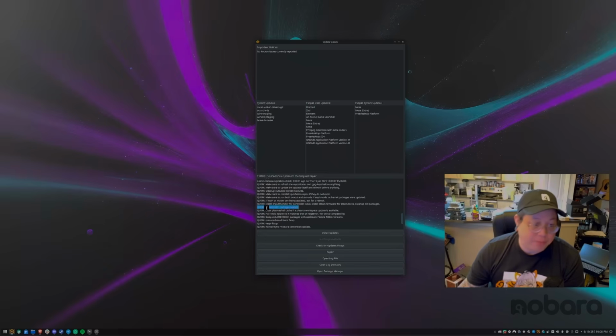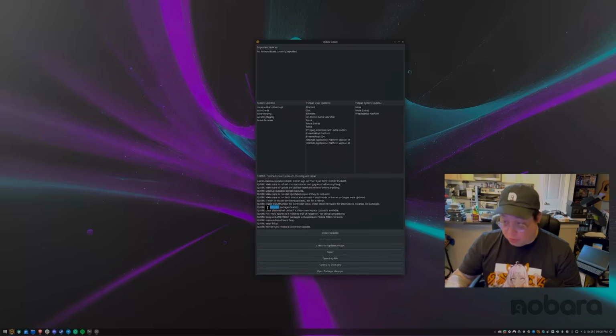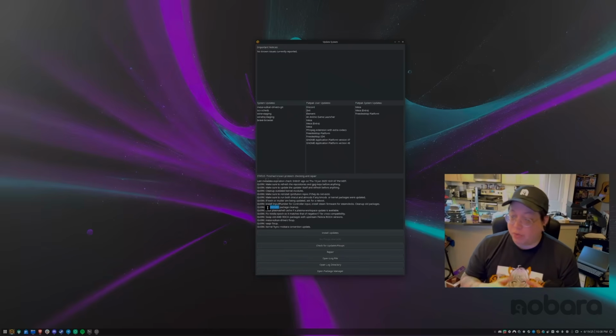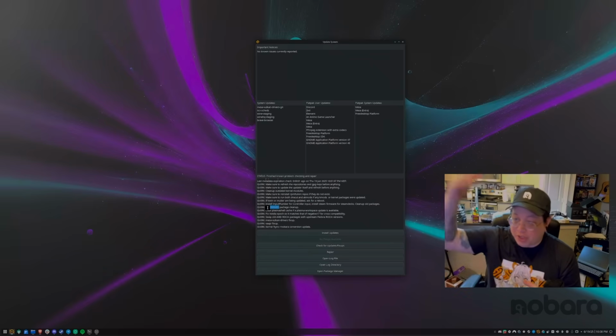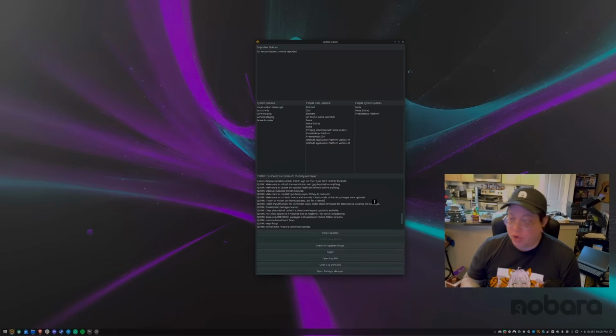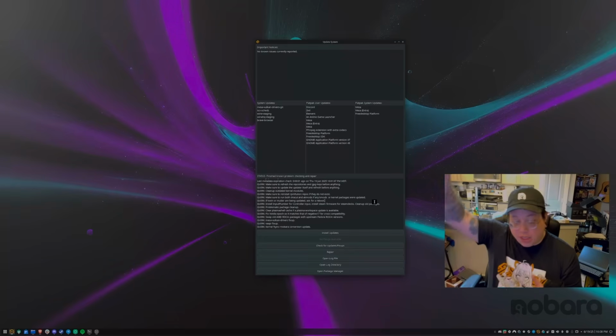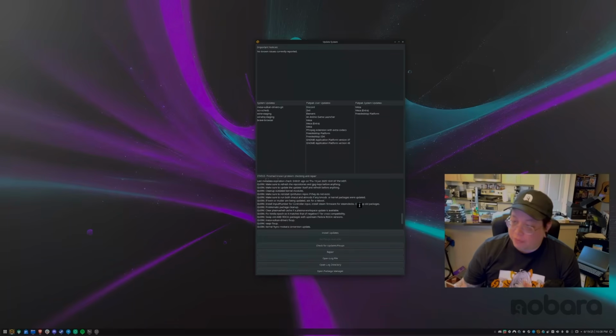Problematic package cleanup. What happens is when you update to a newer version, starting from Nobara 41 onwards, we did a semi-rolling release. Rather than in the past where you would have to run a couple of commands to get Nobara updated from 41 to 42 or 40 to 41, now you'll just receive those updates through the updater. So when Nobara 43 comes out, you'll just see the Nobara 43 packages come through the updater. You won't have to run any special